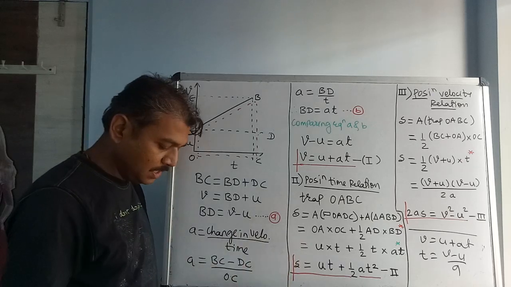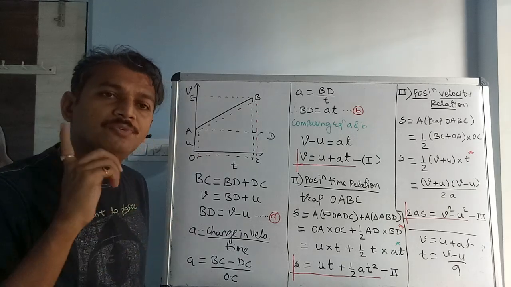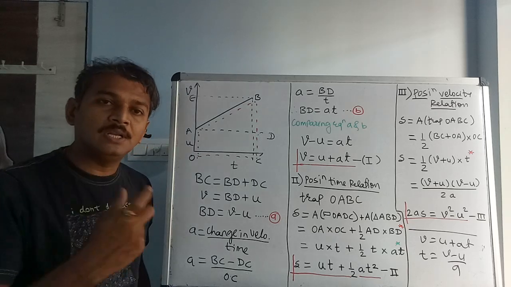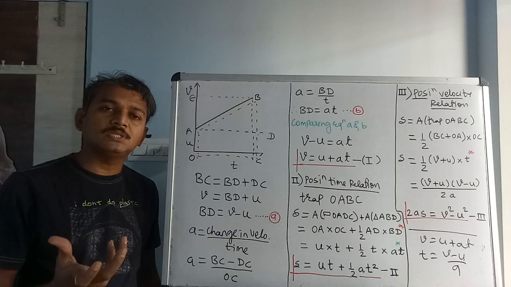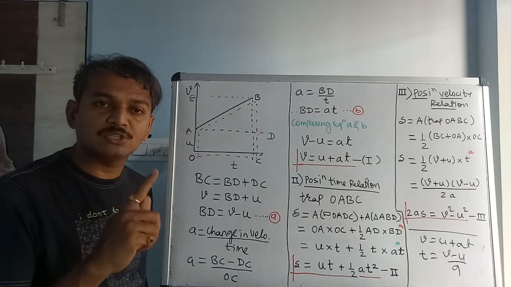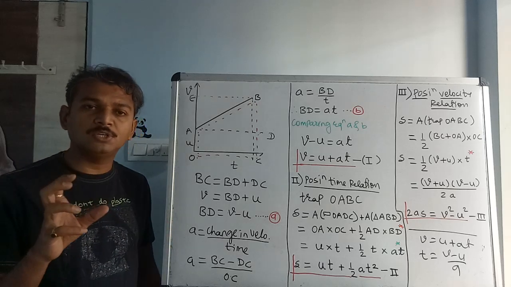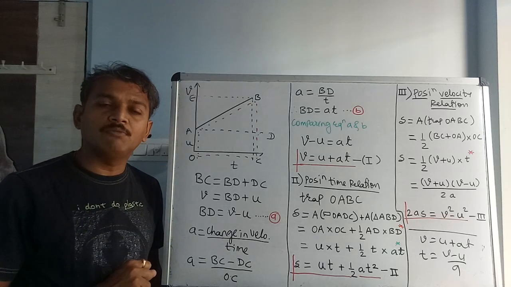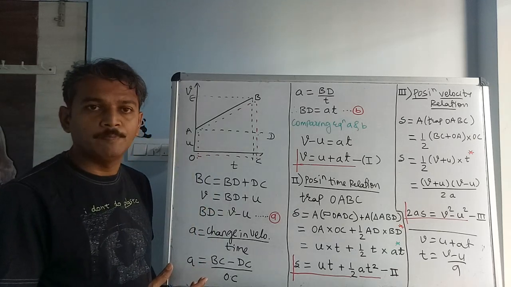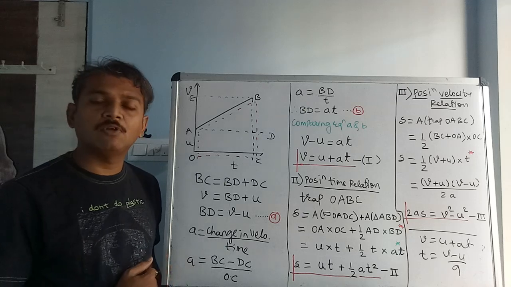It means in this entire topic which we have discussed in this video and the last video, we started with motion. Motion means objects are not in rest position. Then we talked about distance, then displacement. We came to three basic equations starting with speed, velocity and acceleration. Then I told you slightly about units, CGS units, MKS units, because units are very important while solving numericals. And then we switched to a very important topic, that means these three equations. Velocity time relation, then position time relation, and then position velocity relation.